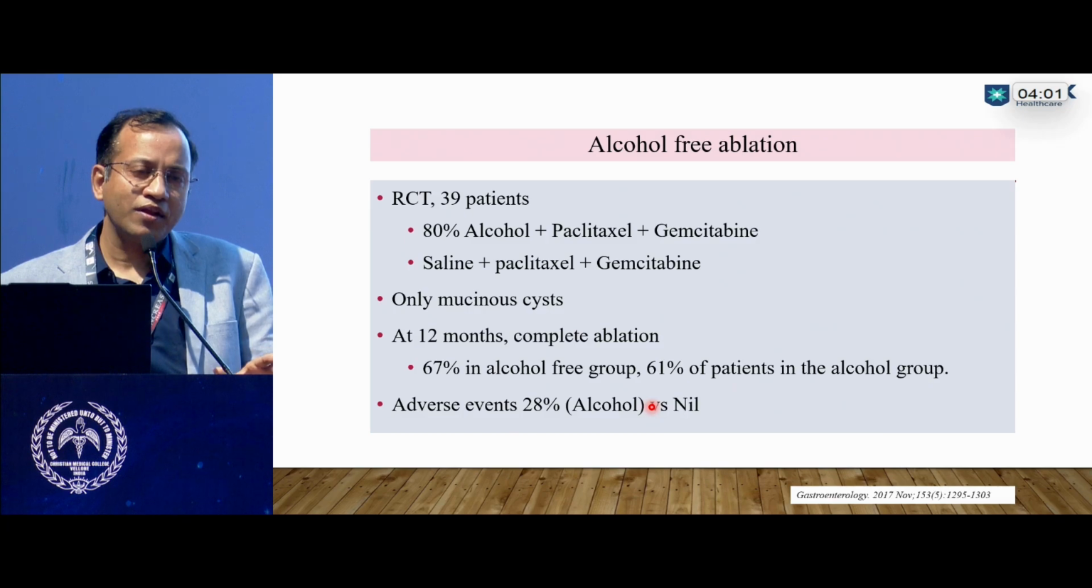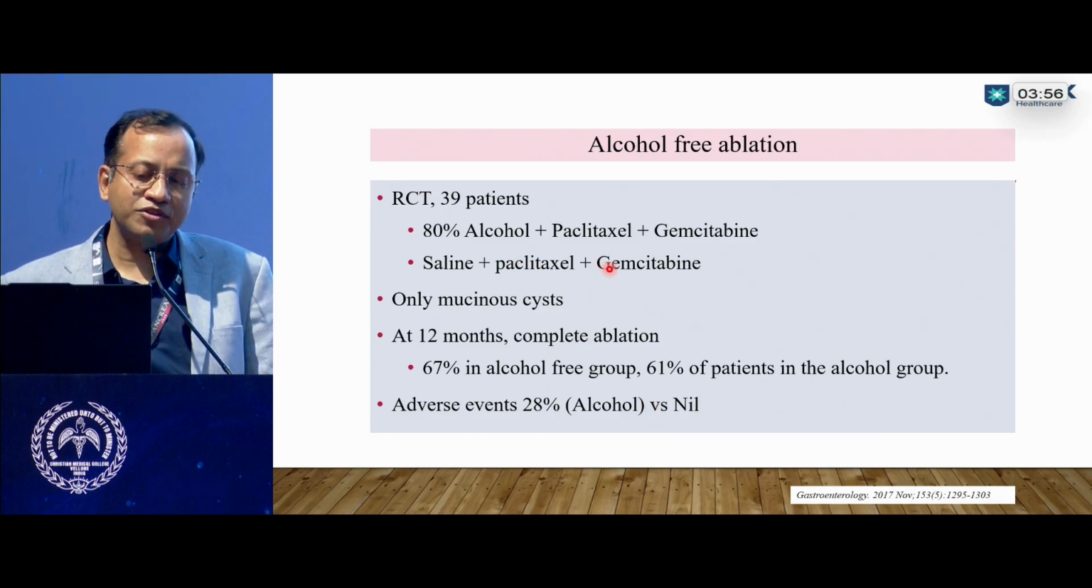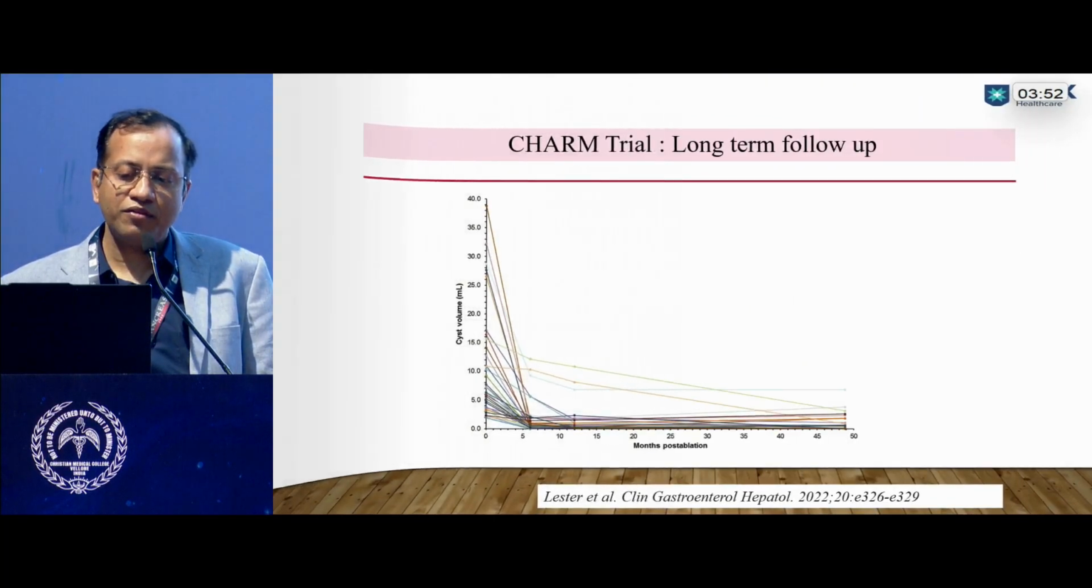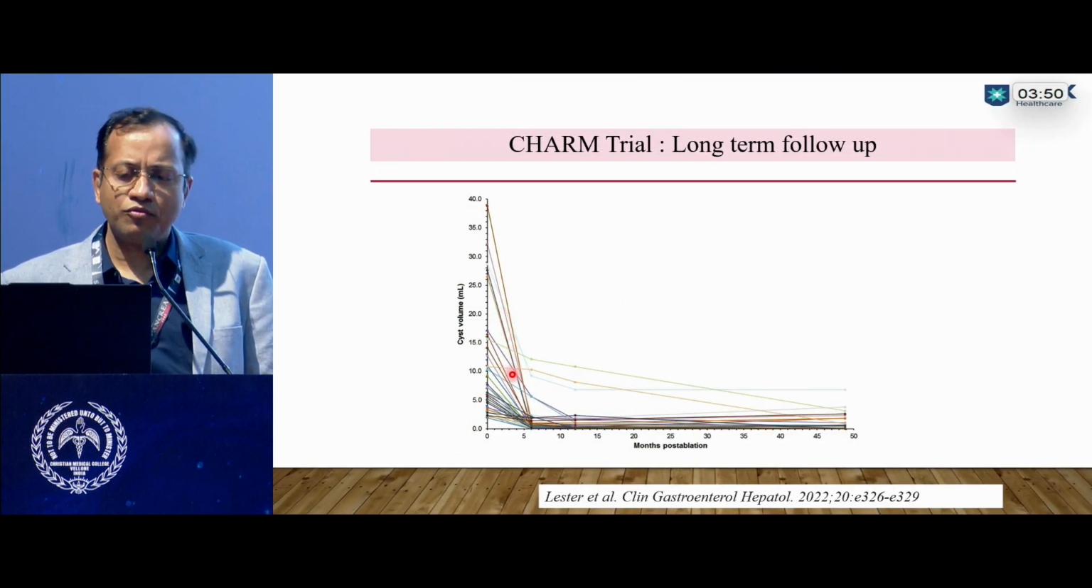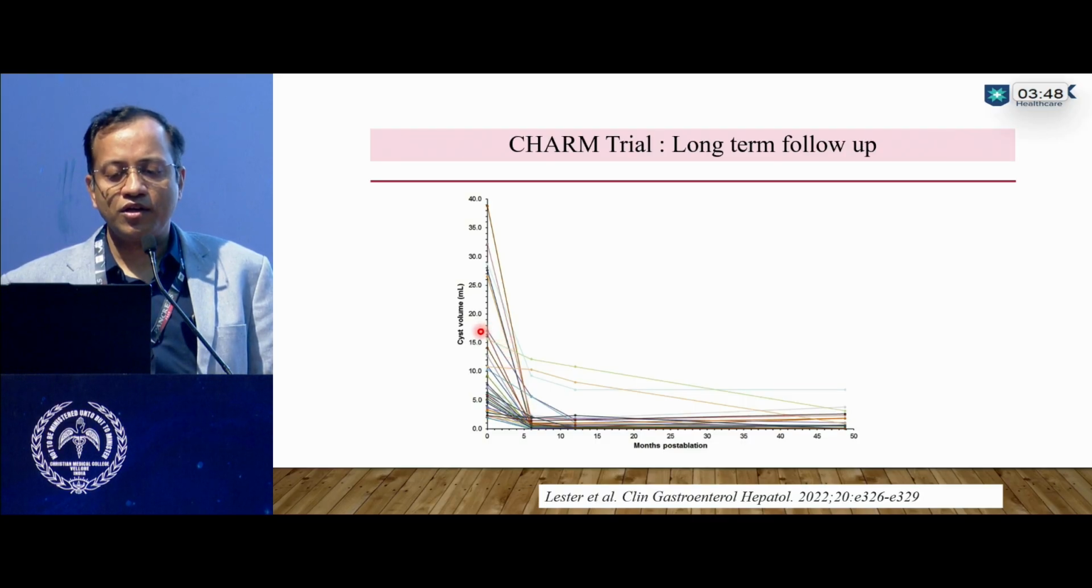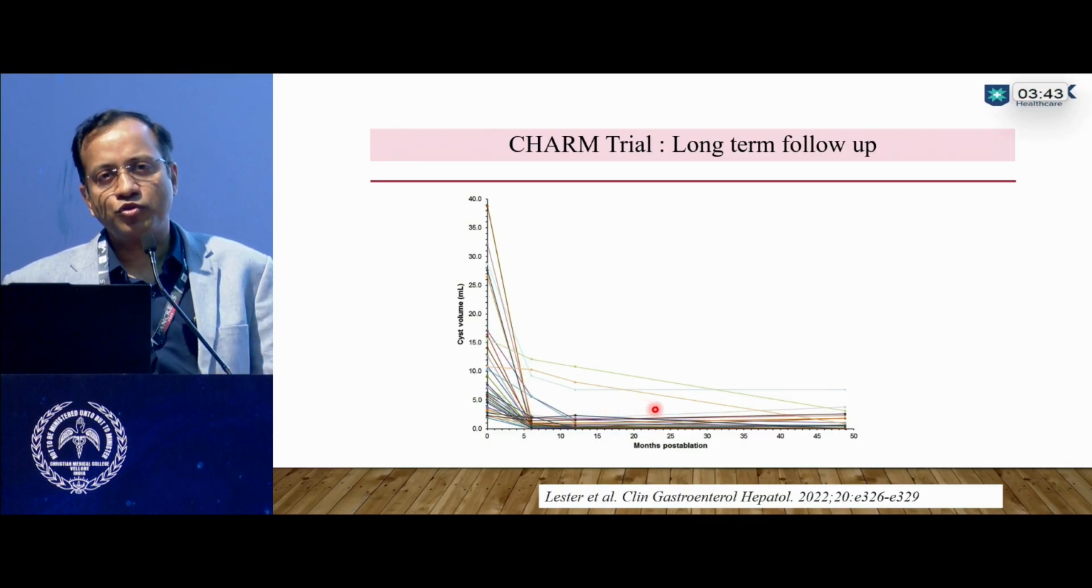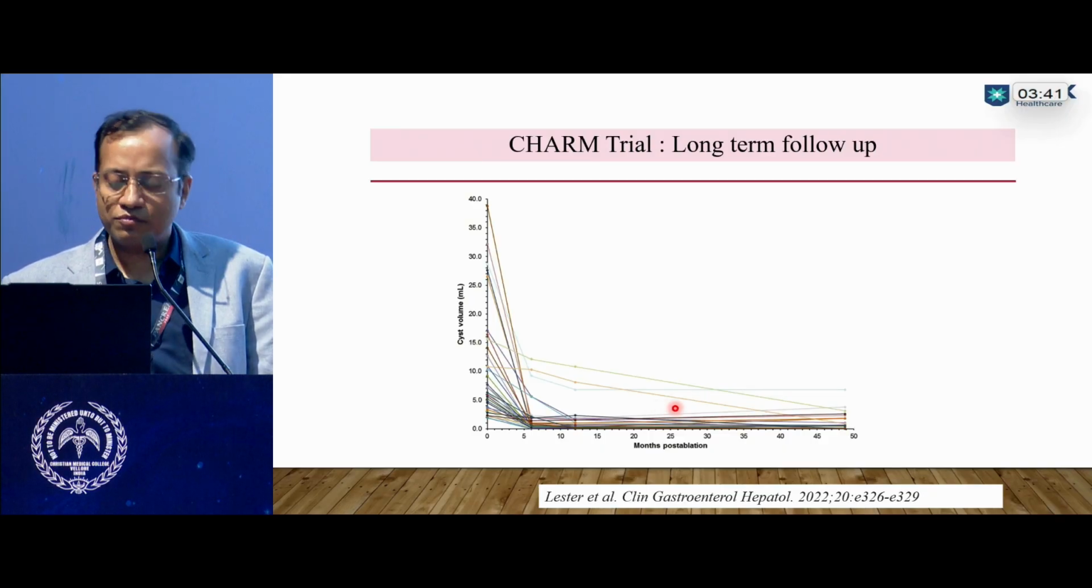It means alcohol is a culprit for the complication. So only the therapeutic agents like paclitaxel and gemcitabine can be used for similar efficacy without any side effects. And these are the long-term data for the CHARM trial. We can see that patients had an initial response to the treatment. They could maintain the response over the next 4 to 5 years. So treatment response is